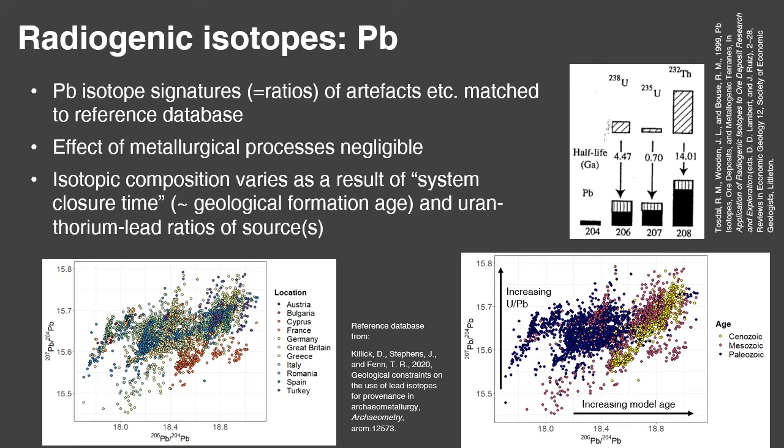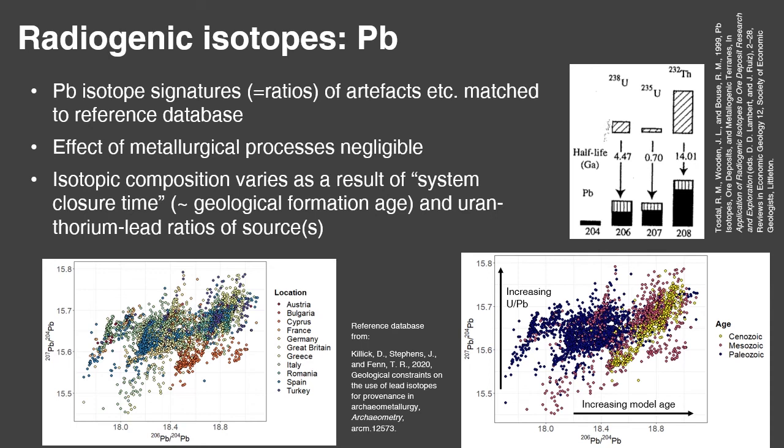206 lead, 207 lead, and 208 lead are derived from radioactive decay of uranium-thorium isotopes. 204 lead is primordial, that is, it is not radiogenic. The isotopic composition of lead therefore varies as a result of the uranium-thorium-lead ratios of the source, or the sources, and the system closure time, that is the time when no further radiogenic lead was produced by decay of uranium and thorium. This can be equivalent to the geological formation age of metal ores, or a metal ore source in